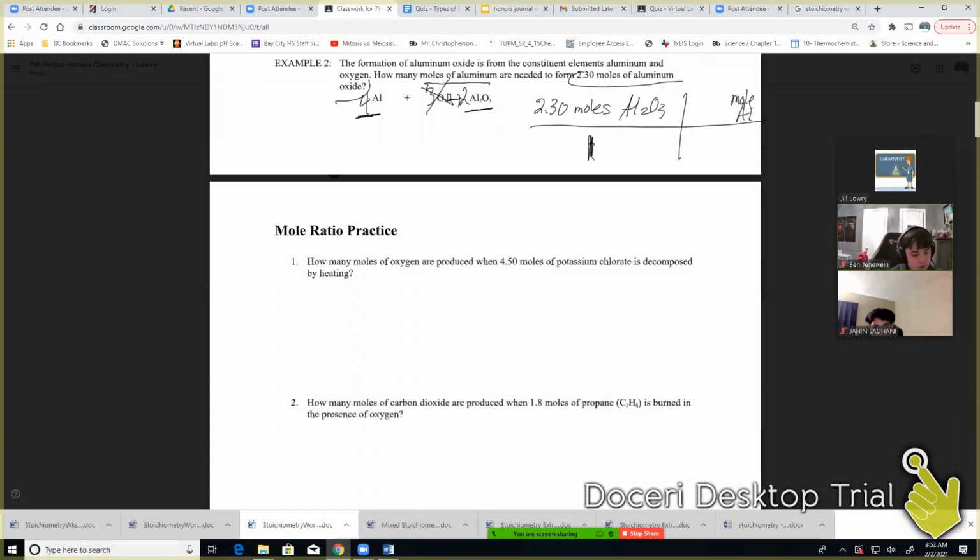Follow my units. If I'm moles of aluminum oxide here, the units have to be the same down and diagonal so they'll cancel. So now I got everything set up. I just got to punch in some coefficients. So how many moles of aluminum oxide do I have? 2. And moles of aluminum? 4. And now we do a little bit, 2.30 times 4 and divide it by